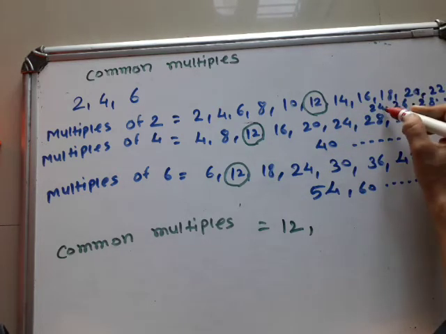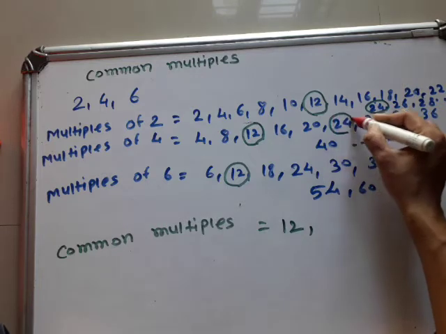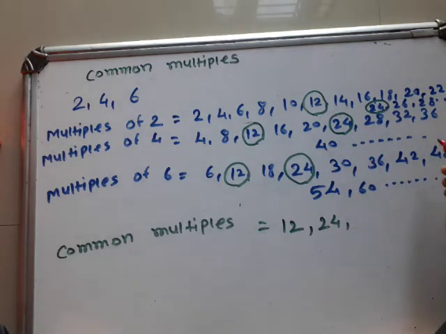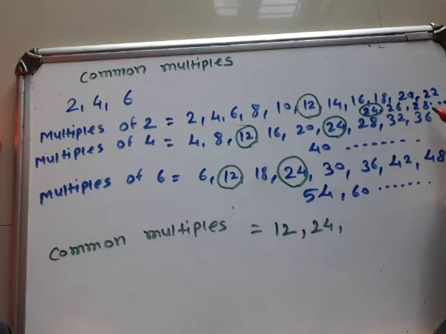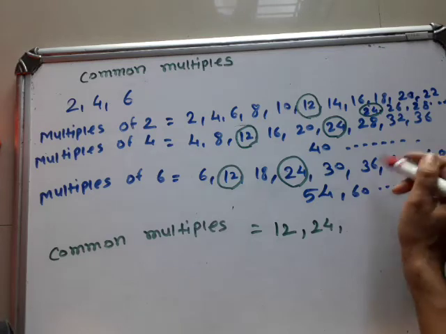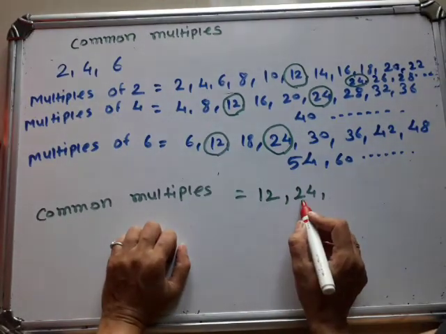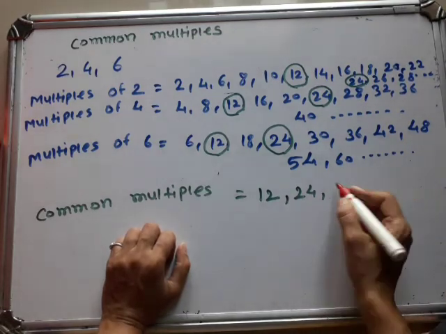22, then 24. So here we get 24, 24 and 24. So the next common multiple we get is 24. Next, after 28 which number will come? 30. Then after 30 we get 32, and 32 is not in the table. So here you see, 12 ones are 12, 12 twos are 24, 12 threes are